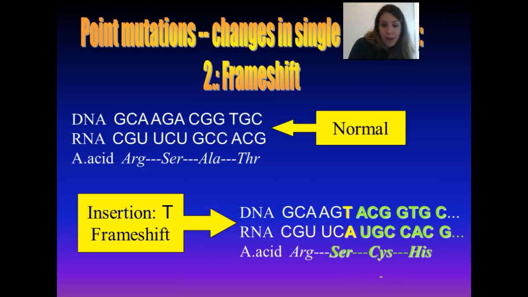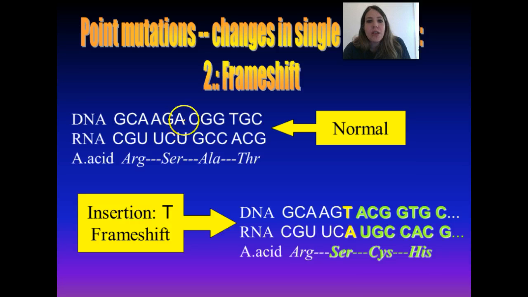Now that's bad enough, but what really tends to cause problems is when you get what's called a frameshift mutation. A frameshift mutation happens when you get a deletion or an addition, or you can call it an insertion, of a base where that wasn't supposed to happen. So here's the same sequence that we just went over. Let's take a look right here. So here it was supposed to go GAC. Well, if I get an insertion of a T between that